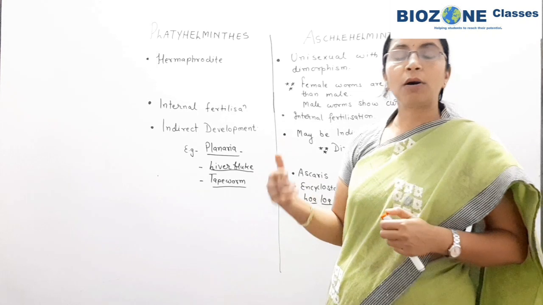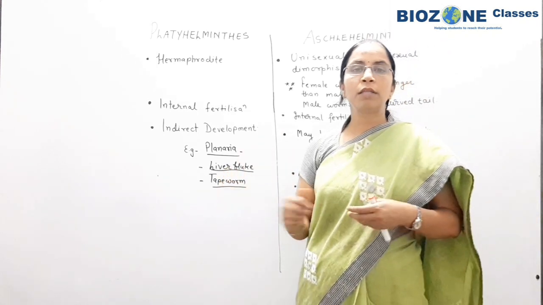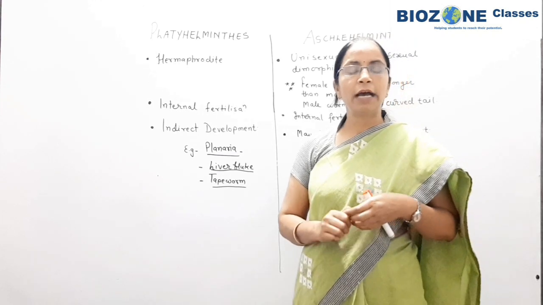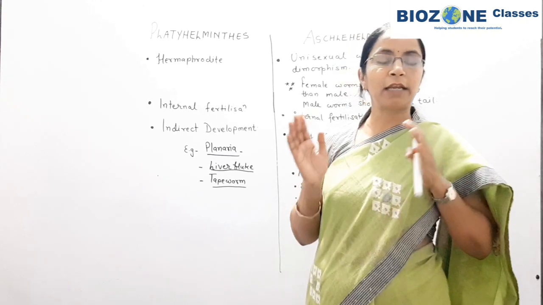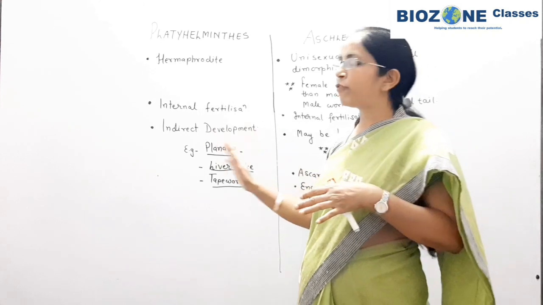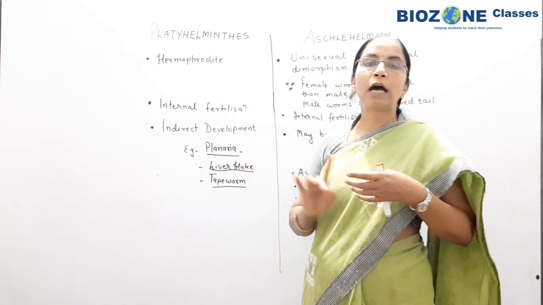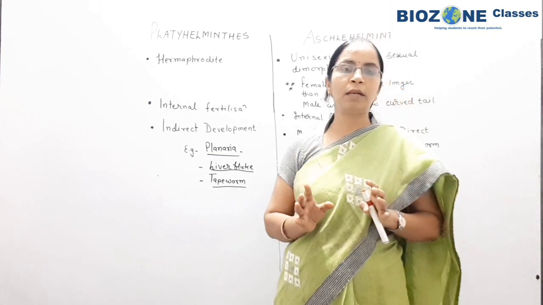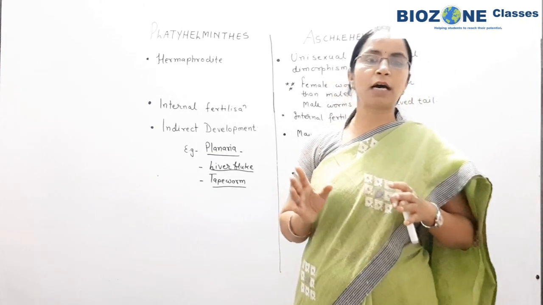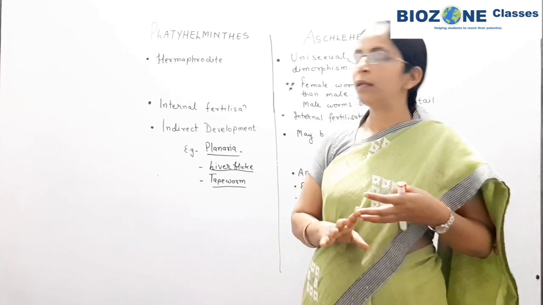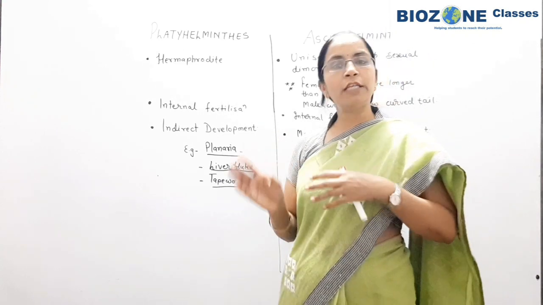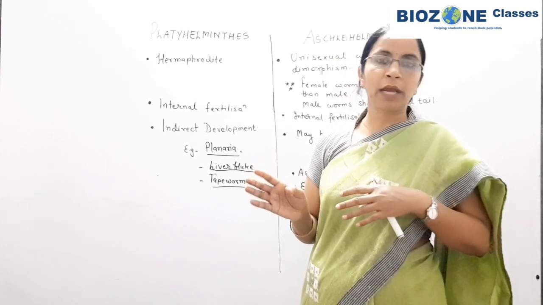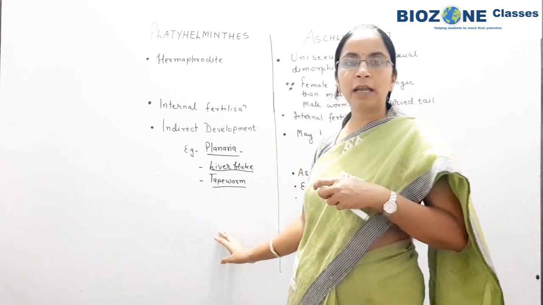In the next session we study phylum Annelida, phylum Arthropoda, as well as phylum Mollusca. But in that class we are not going for a comparative study, because Annelida, Arthropoda and Mollusca do not show many resemblances; the differences are much greater as compared to the similarities. So we study Annelida, Arthropoda and Mollusca individually. Okay, so remember this part very well.